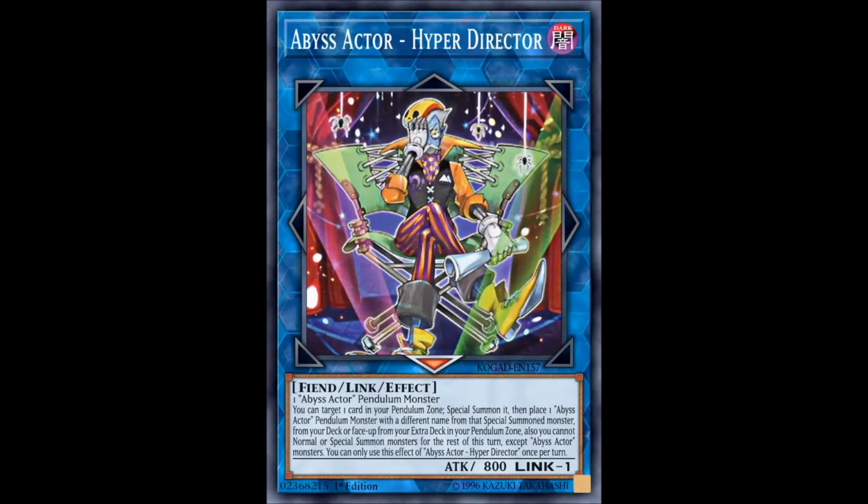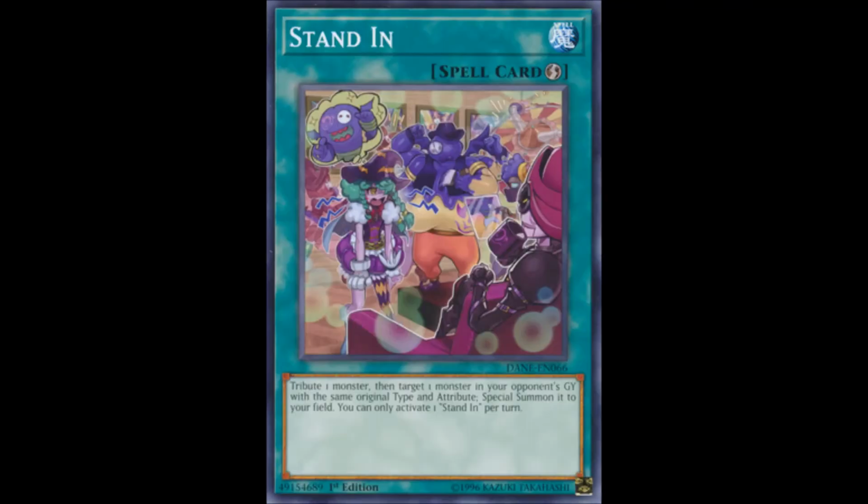So the existence of this is kind of understandable, but at the same time, I kind of wish it did a lot more. Kind of like how Harpy Conductor does a bit more for the Harpy archetype. So yeah. And the last card in the Yosenju new line of support is Stand In, a quick play spell,